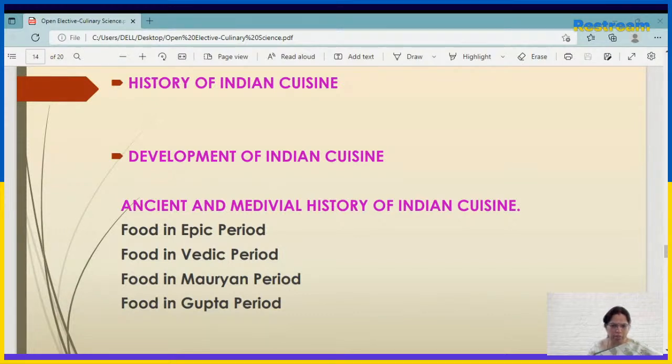So, in a few Vedic books, it is mentioned that the meat of horse was also eaten, and they were also preparing some intoxicating drinks at that time. Then, food in the Mauryan period: instead of only the old rice, namely Vrahi, Sali, Kodrava, they started eating a few more foods.